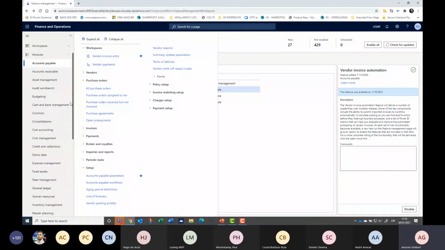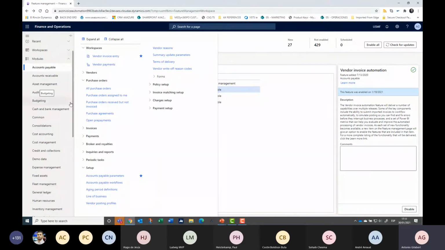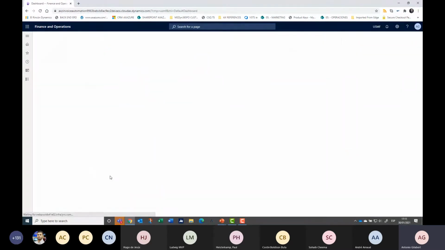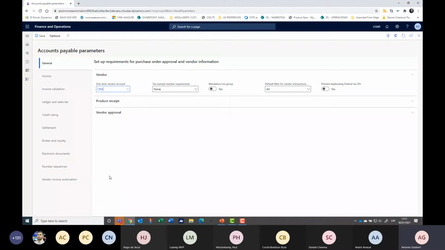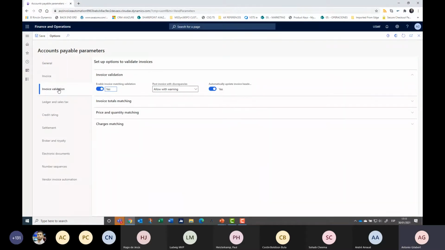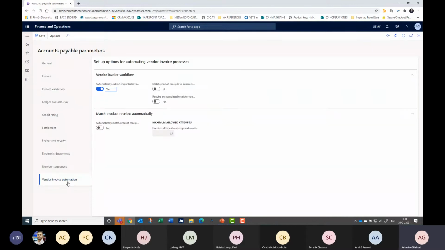With this functionality, there are different things that you can do before starting to use it. In accounts payable parameters, here you can find invoice validation. It's important, at least if you are going to use this functionality, to enable invoice matching validation, this one, and automatically update invoice header, because it's going to be useful for the workflow. And in vendor invoice automation, this is the option that we've seen from the beginning, where you can import the invoices directly to the workflow.